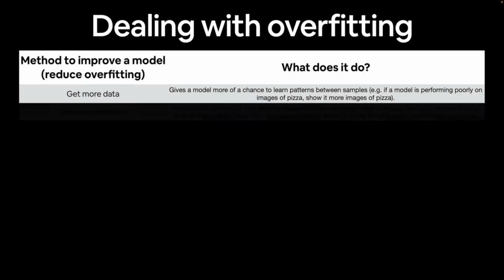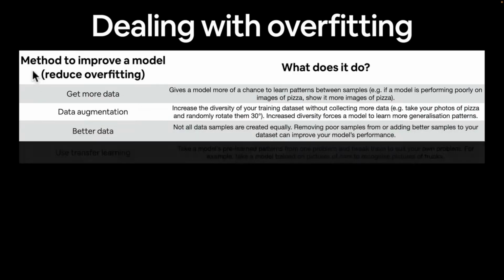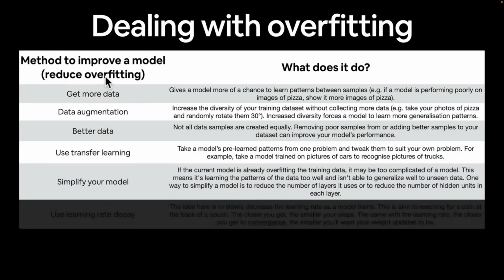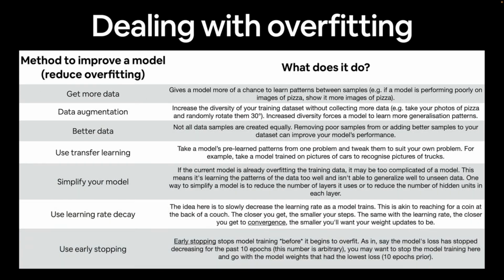Let's look at a few ways. We'll start with overfitting. So we want to reduce overfitting. In other words, we want our model to perform just as well on the training data set as it does on the test data set. So one of the best ways to reduce overfitting is to get more data. So this means that our training data set will be larger, our model will be exposed to more examples,